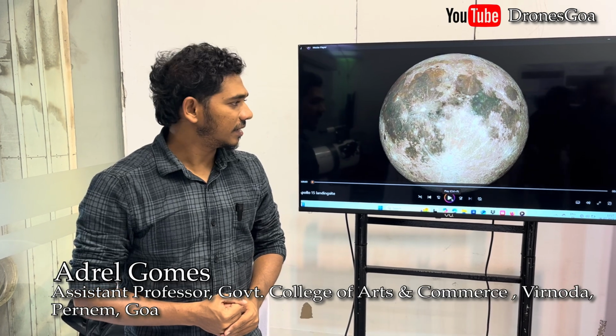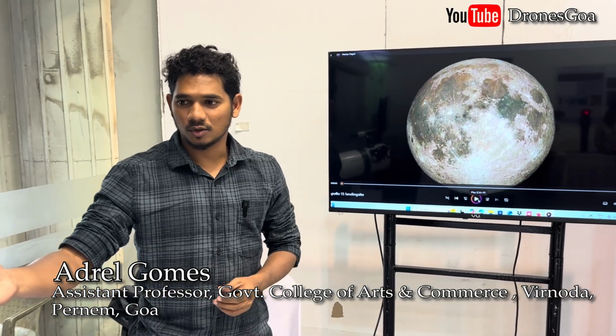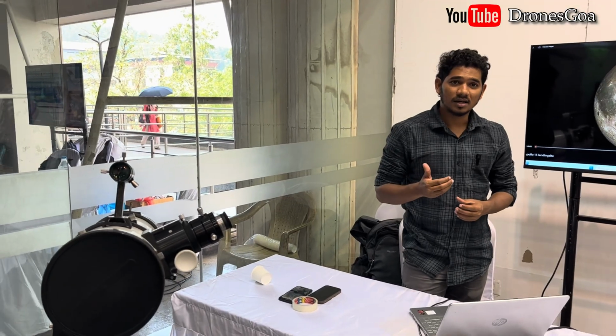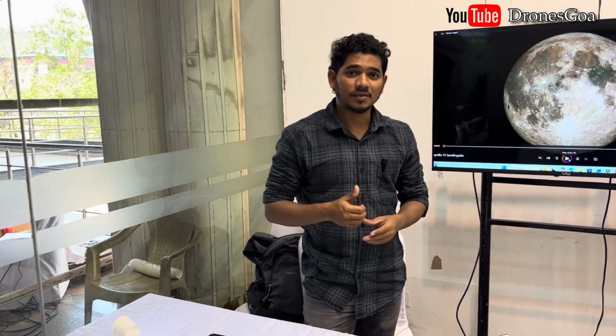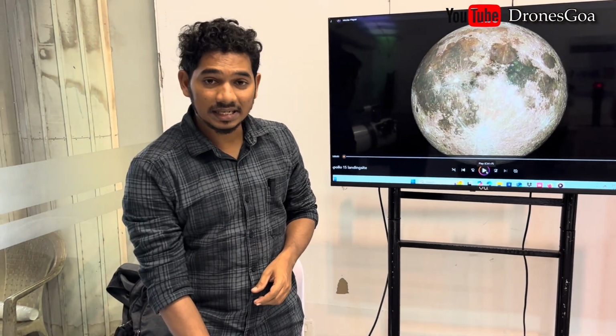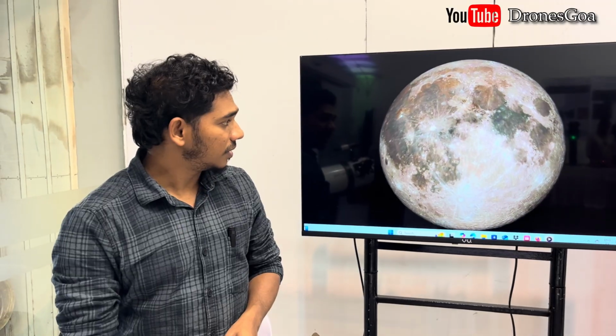And today I'm here in the science exhibition where I'm going to present about the astronomy gallery. And here this is our college telescope, and with this particular telescope we have observed a lot of things. We have captured a lot of videos and a lot of images of space. Here I will show you some of the footage which was captured, and this is my first footage displaying about